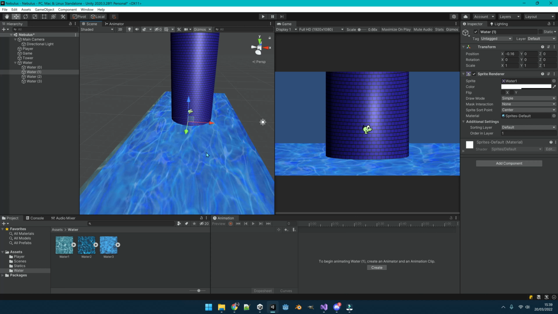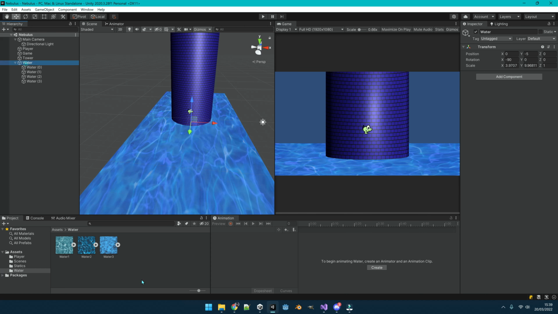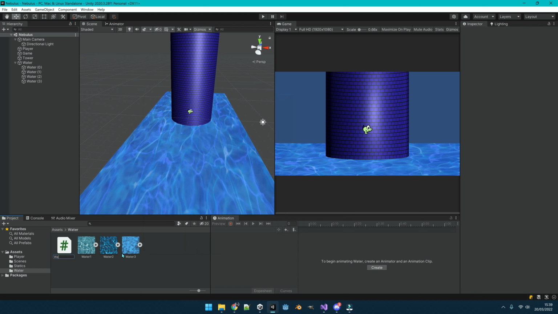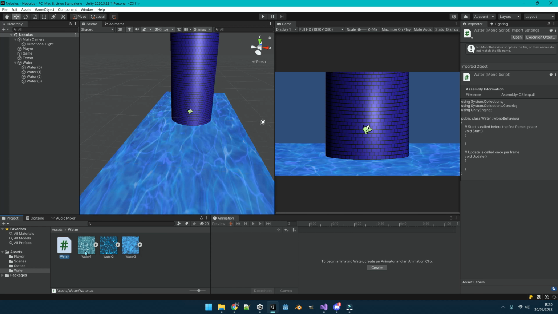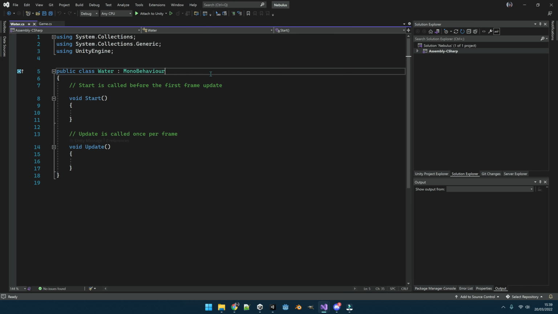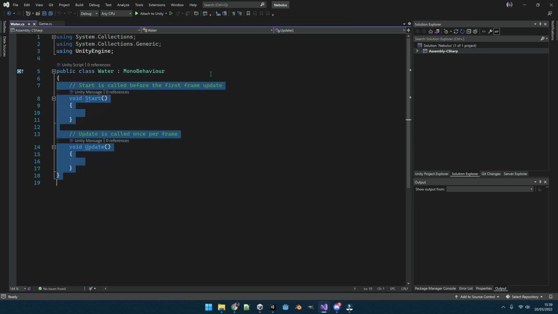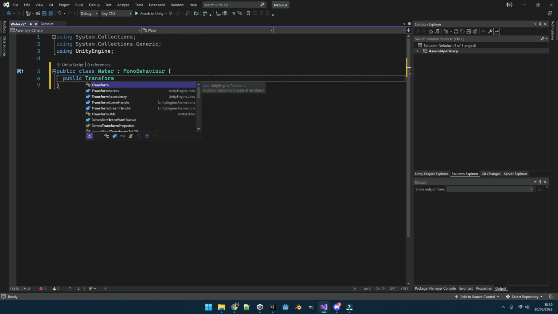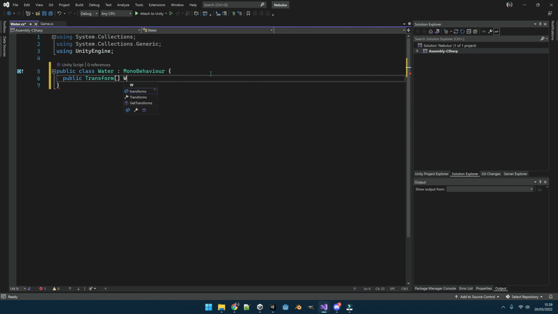Okay. We will create a small script here. Call it water. And inside we're going to put a reference to the 3 transforms. Public transform water layers,